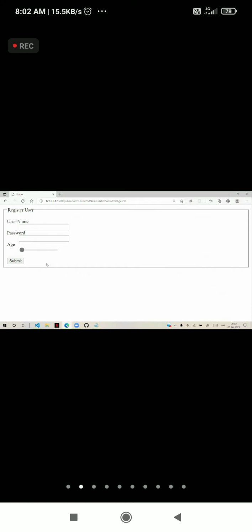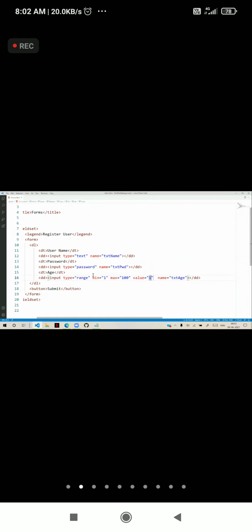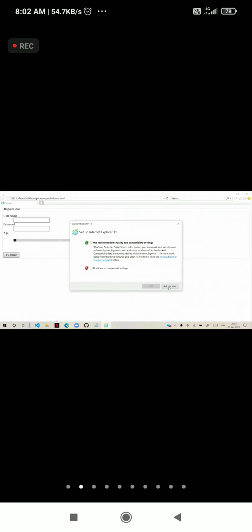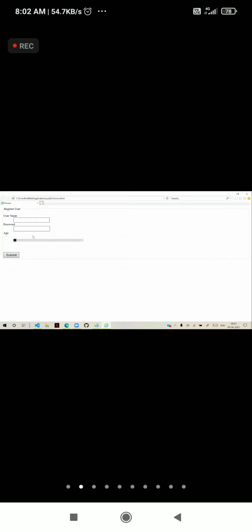Suppose I have age as input type range, and I open the same form in Internet Explorer. You see, in Internet Explorer, username and password are working fine, but here you can observe that the slider can show the value, while in our Edge it is not showing the value.